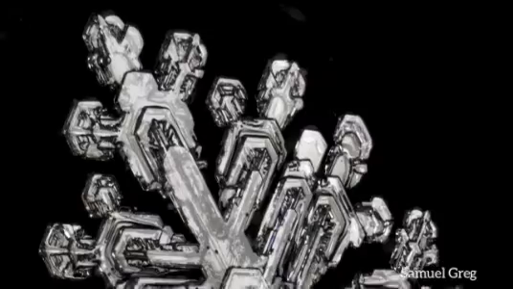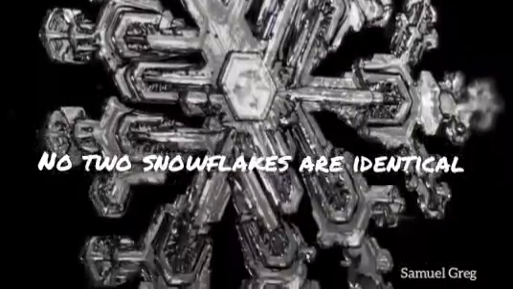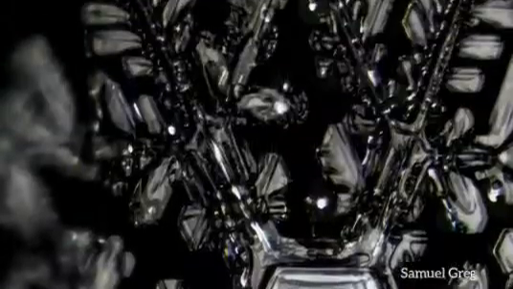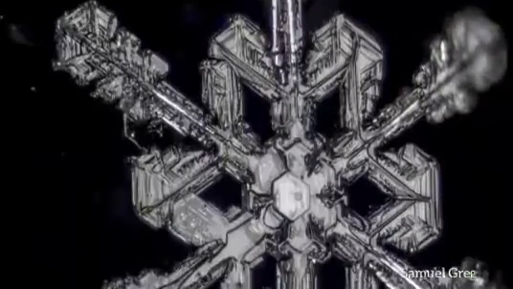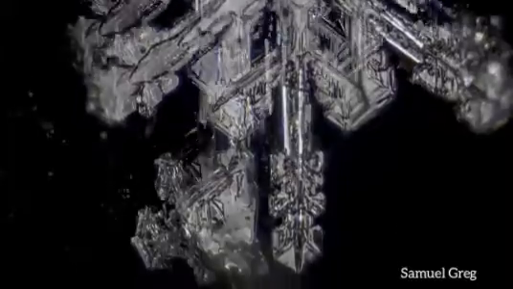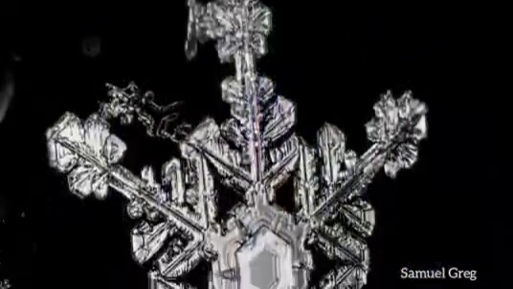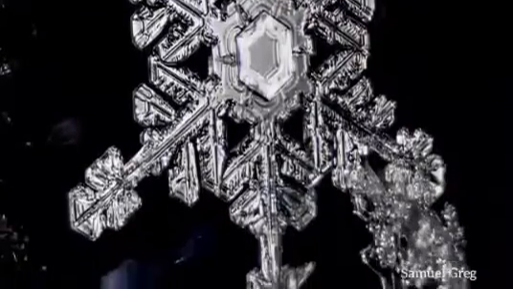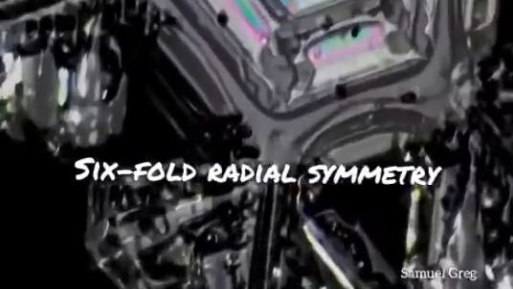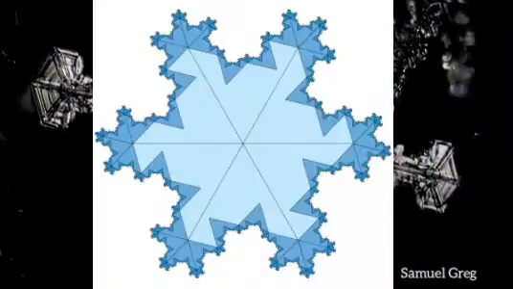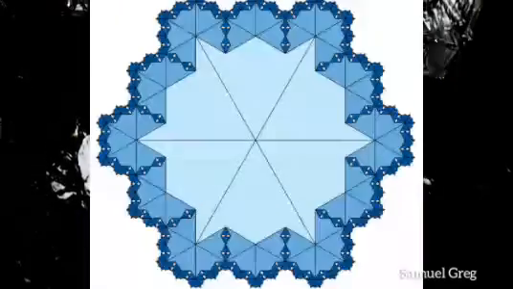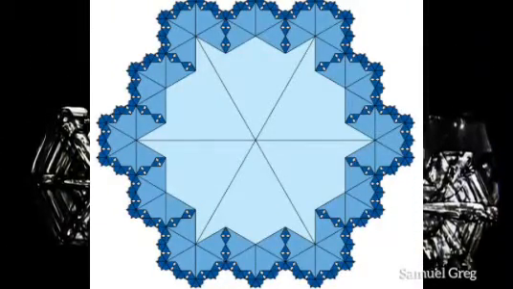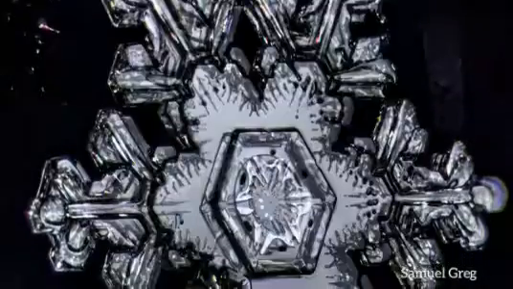It is said that no two snowflakes are the same. That may be true, but snowflakes share some striking similarities. Take a look at these snowflakes. See a pattern? It may not be immediately clear, but they all are symmetrical in a similar kind of way. The fancy way to say this is that they all have six-fold radial symmetry. In other words, if you draw 6 evenly spaced lines out from the center of the flake, you will notice that the shape on the line is repeated on the 5 other lines.